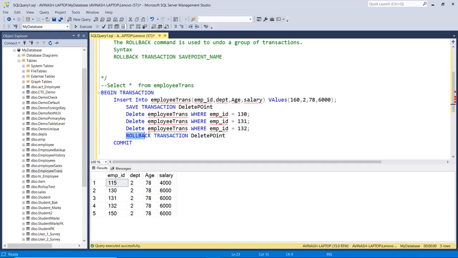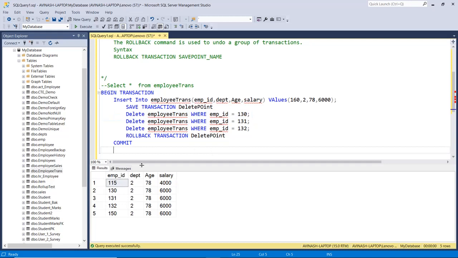Then rollback transaction and the name of this point, delete point. Then we have the commit. So what will happen? This will insert, and after it will mark the save point. It will delete all 3 of these EMPIDs, but the rollback transaction statement will cancel all these 3 delete statements, because we have the marking from where we have to roll back the data.